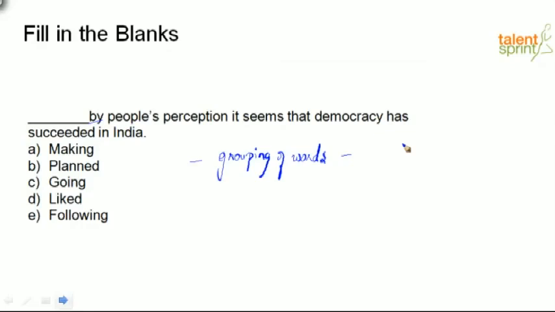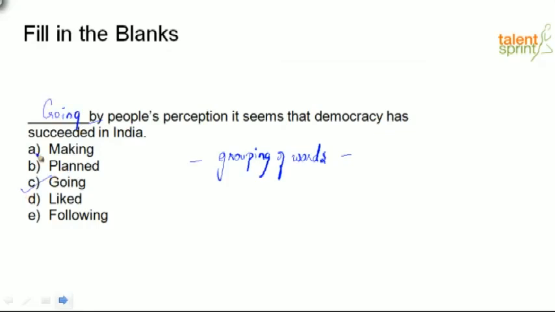So basically in the context, let's understand the meaning that the context is giving. It's addressing people's perception. So generally, you're basing an opinion or a decision or a judgment on something, right? So I need a word that gives that meaning. So in this context, we're basing it on people's perception. And then we say, it seems that democracy has succeeded in India. That is correct. Going by,